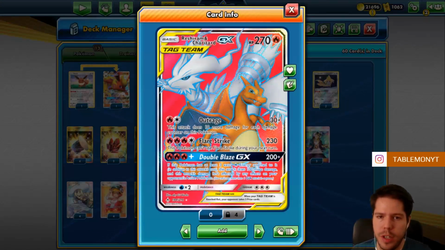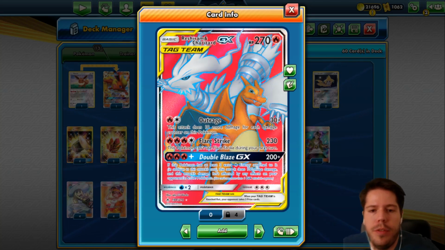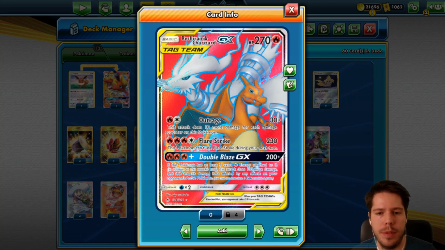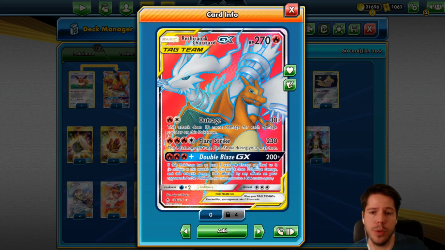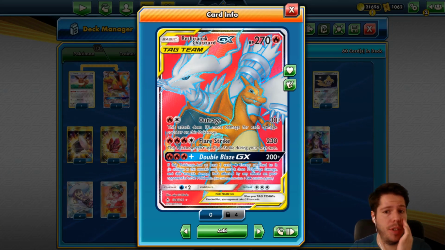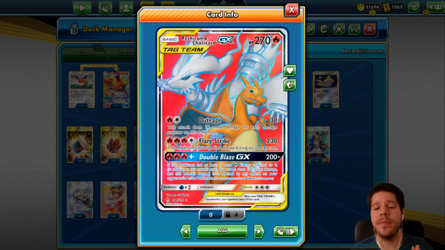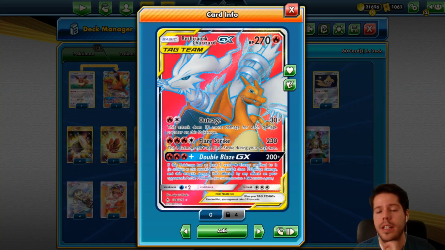First off, we have our trusty Reshiram Charizard GX, 270 HP, a humongous amount, and a very good amount in order to counter all the other tag teams that are out there. Hitting for 270 is definitely not an easy number to do in one hit. And in combination with that, we have the Outreach attack, which deals 30 damage plus 10 more damage for each damage counter on this Pokemon. So anytime Reshiram Charizard gets attacked, you are actually very easily able to retaliate with the Outreach attack,